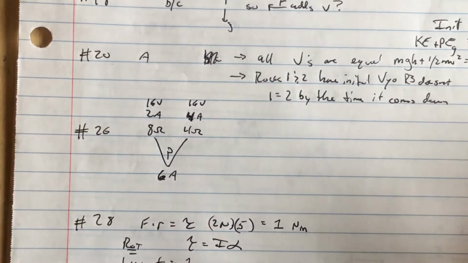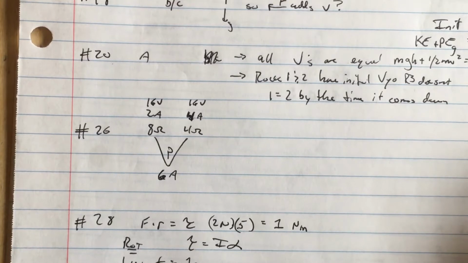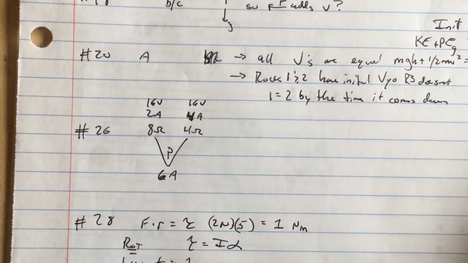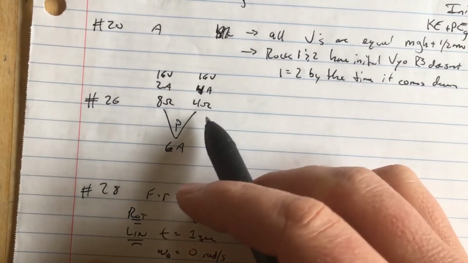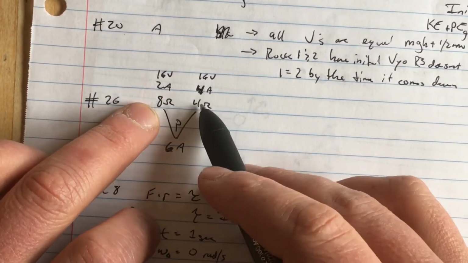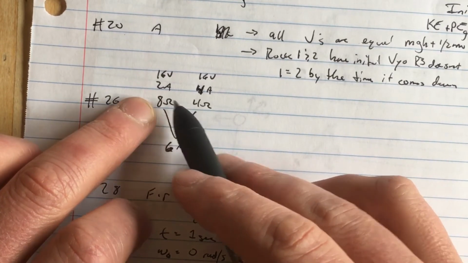All right, 26. Wifey's teaching in a couple minutes, so I'm going to wrap this up here. Just tree it up. It's an 8 and a 4, all right? The 8 and the 4 are in parallel pretty clearly, which means if the